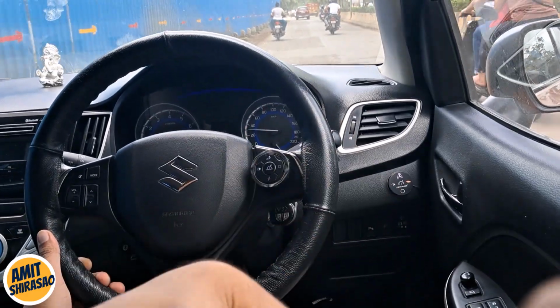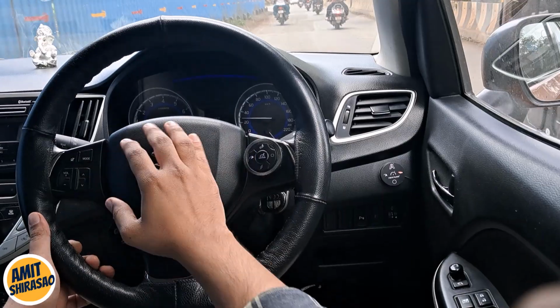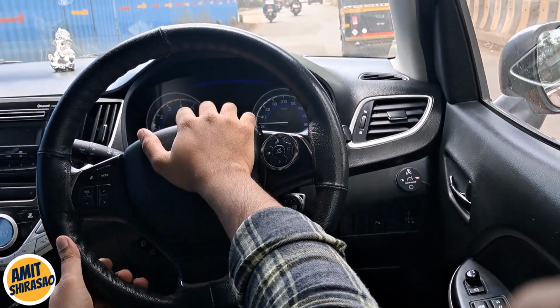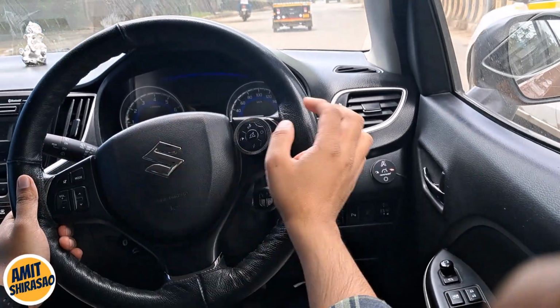So it's like driving a diesel car. Now I'm feeling like I'm driving a diesel car, so I'm loving this. This is fantastic. The only con about this product is that suppose you are in